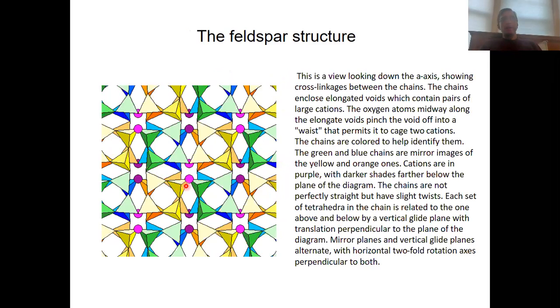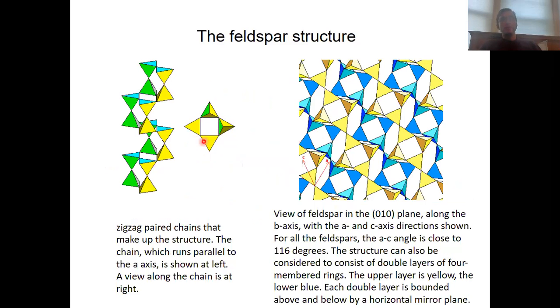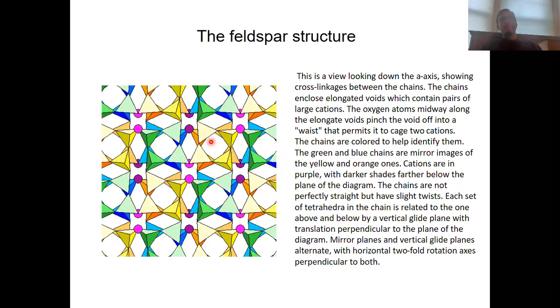we see again 4-membered rings that are interconnected. And you see that in these 4-membered rings, 2 tetrahedra point up and 2 tetrahedra point down. And these 4-membered rings correspond to these 4-membered rings here, with 2 tetrahedra pointing up and 2 pointing down. Now, from that perspective, you can see that there are additional rings, which are larger. So these are actually these ones here,